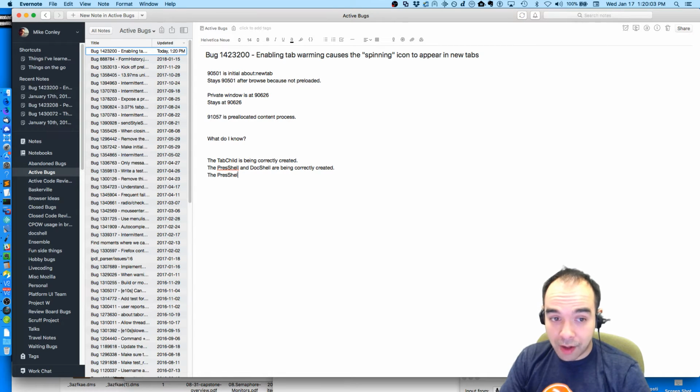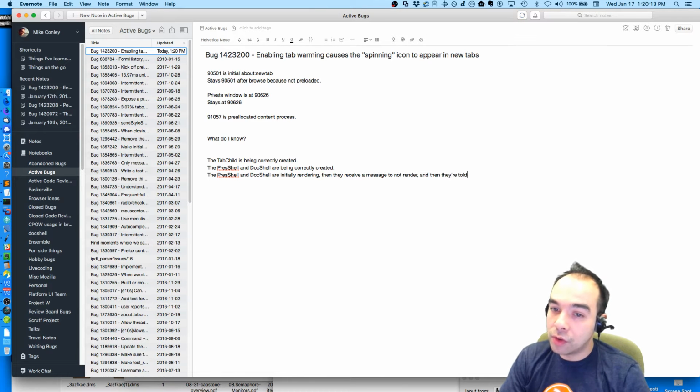They're initially rendering, then they receive a message to not render, and then they're told to render again, but not to set the doc shell as active.